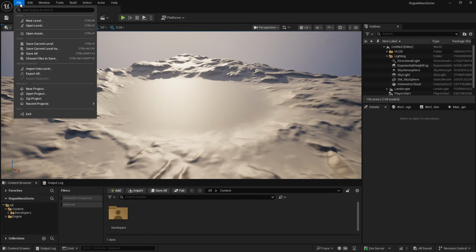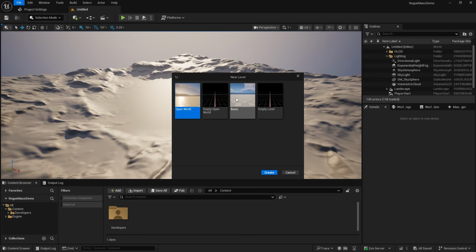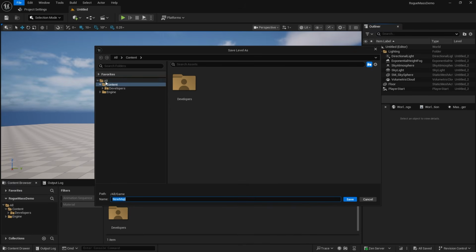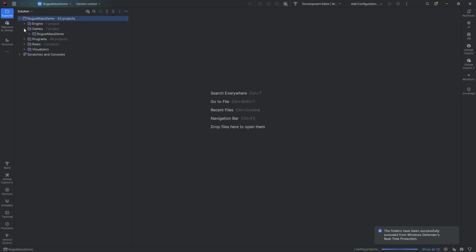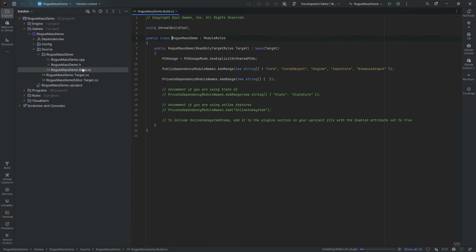We'll create a new level to use. We'll create a new one. We'll do a basic one. And then we'll exit. And then in the C++, we're going to come to our source and our project and our build. We want to add the